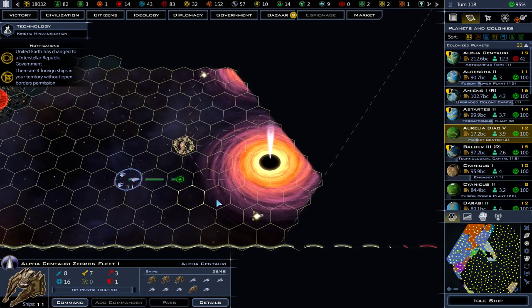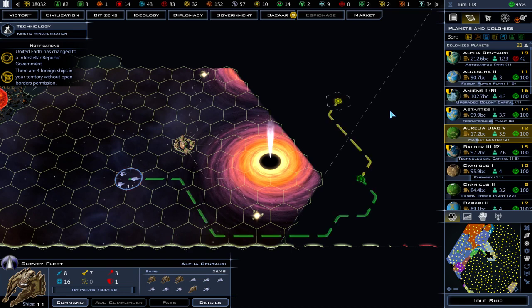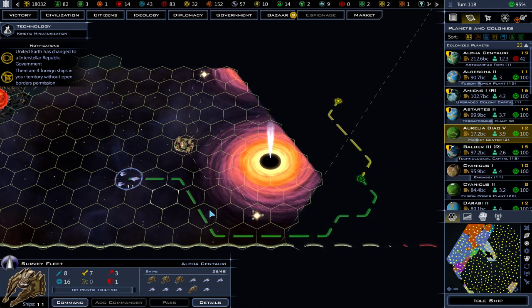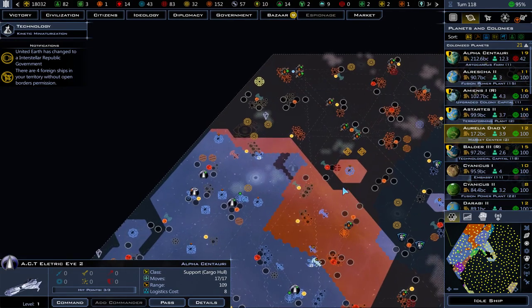This is my survey fleet. They're looking for precursor anomalies. Oh, nice. I can't technically go past this line, but if you click in the right spot, they're going to, and they'll clear that out. That's nice. Here is another one of these ships, and